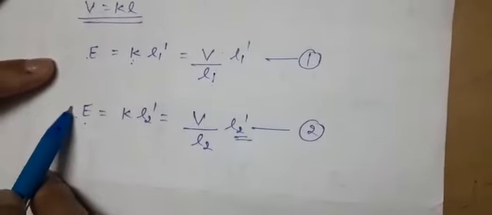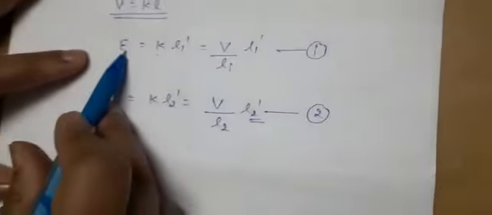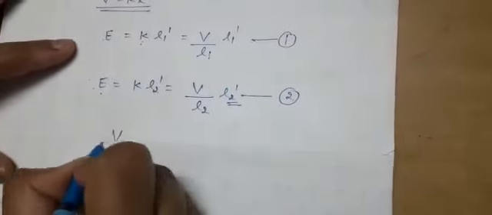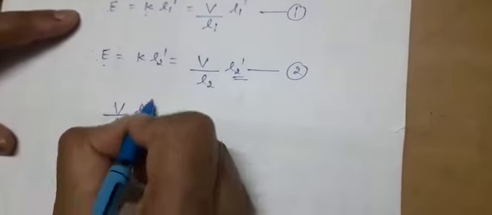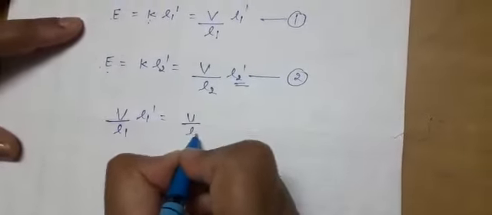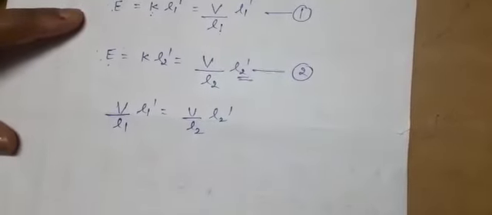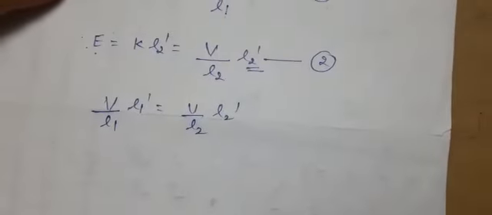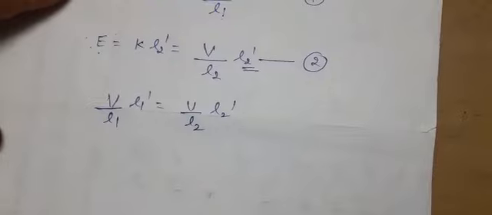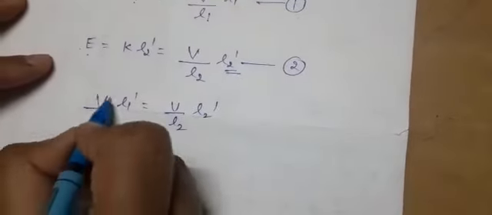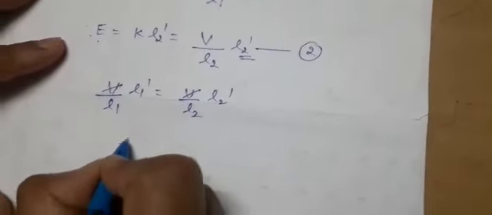So how to solve? Being constant, same battery, same cell we have used, so left hand side is same, so we will equate right hand side of both the equations. This numerical is quite simple. Basic concept you have to understand that for the total length L1, that is 5 meter, balancing length is 100 centimeter, and when the length is increased, you have to find the balancing length. So now V, potential drop is constant, you have to calculate L2 dash.